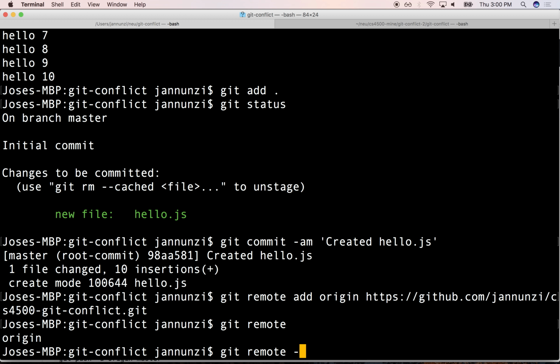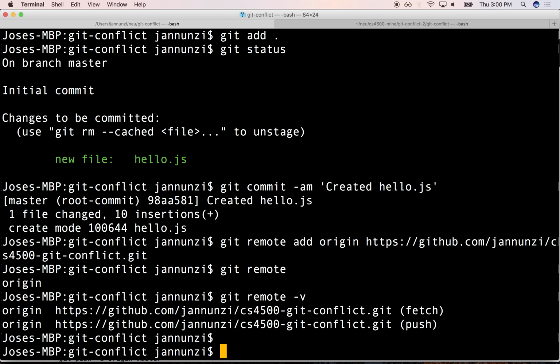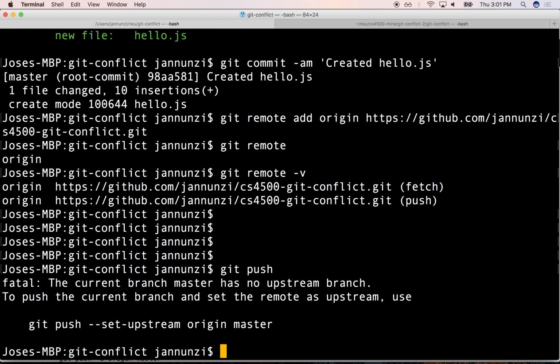Or we can ask it to be a little more verbose about where my changes would go if I try to push to a remote repository. So if I want to start pushing, I would say git push. And if you don't say where you want to push, it'll assume that it's the default remote repository, which happens to be origin. If you want to push anywhere else, then you would have to give it the right alias. Right now, there's only one alias, the origin alias. But you can have multiple. But if you want to push anything other than origin, you would need to specify the alias of that remote repository. Make sense? Okay. All right, so if I say push, it's going to say